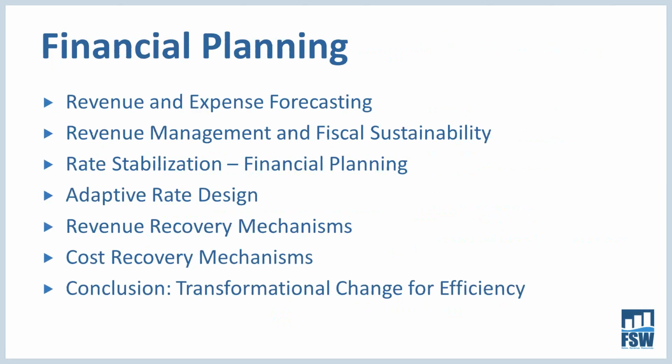Financial planning is covered in the handbook and includes revenue and expense forecasting, revenue management and fiscal sustainability, including how you stabilize rates over time to provide predictable rates to your customers, and how you cope and hedge against uncertainty with adaptive rate design. It includes a section on revenue recovery mechanisms, cost recovery mechanisms. Both of those can narrow that shape of uncertainty and give you more certainty about what your expected net revenue